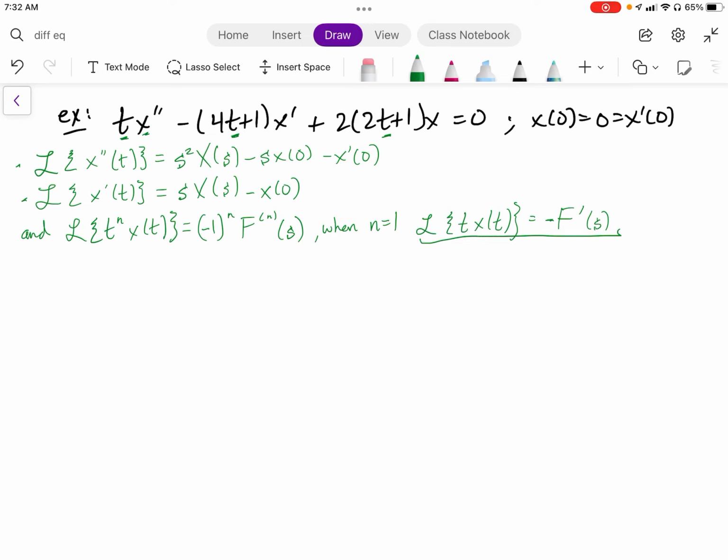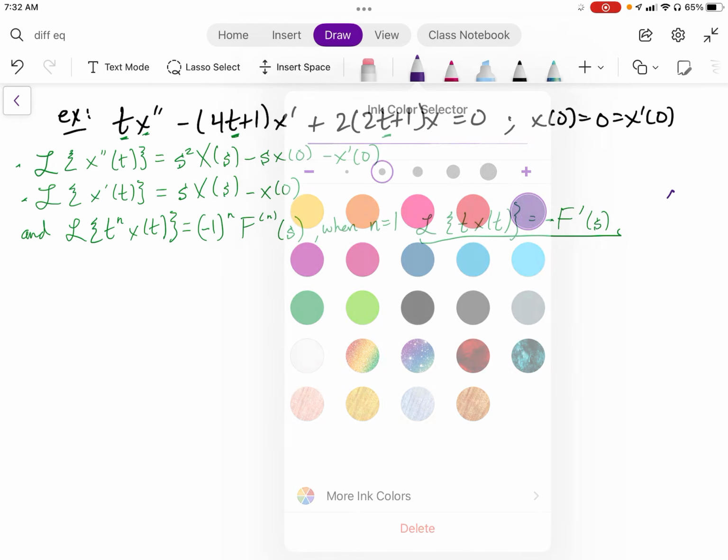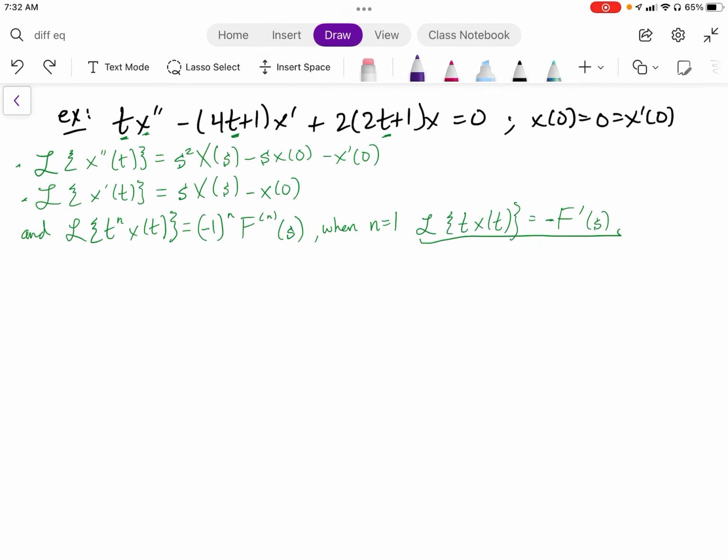Okay, let's start it out. So we are applying Laplace, right? Laplace is an integral, and integrals can go across addition and subtraction. So we are taking Laplace of both sides of this function. To save a little bit of writing, I'm just going to think of distributing, right? We're taking the Laplace of everything. So the Laplace of tx double prime. Then we have a minus 4t, so minus,